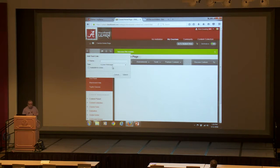When I add a tool link, I can name the tool link whatever I want, but here's another pro tip for you. It's a good idea to name that tool the name of the tool, because I can name a tool Steve,